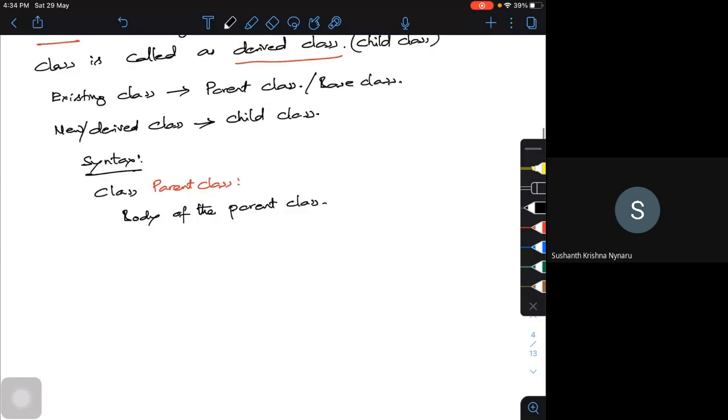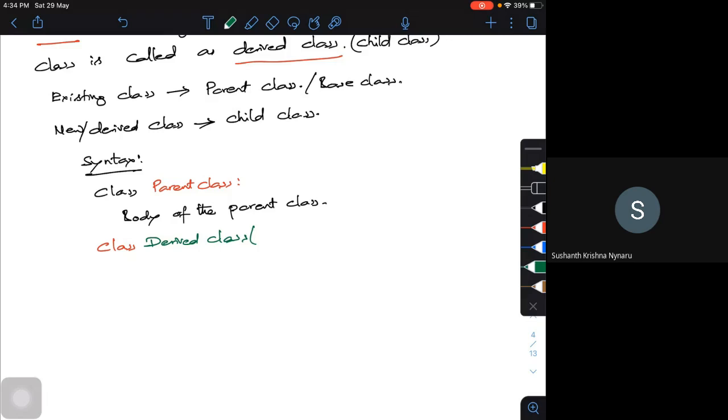Then I'm going to define, look at this, I'm going to call a class, and it is the derived class. Here you have to be very careful.